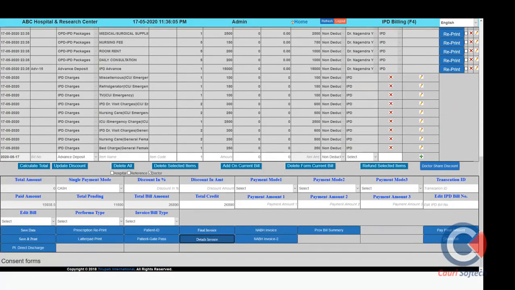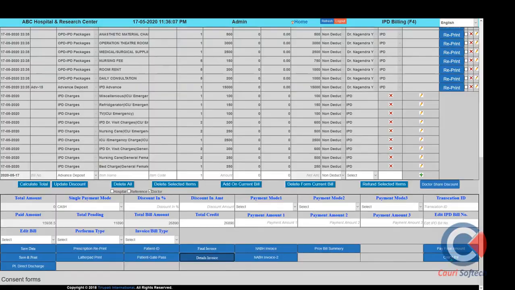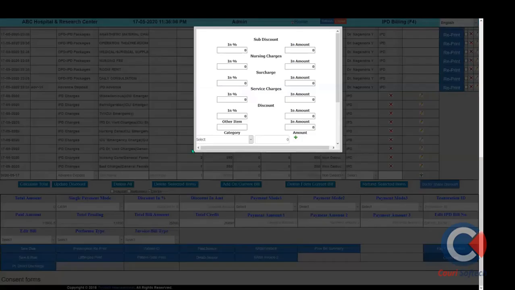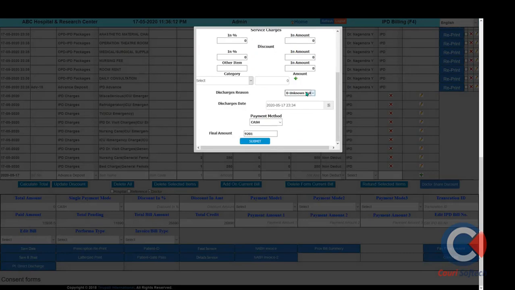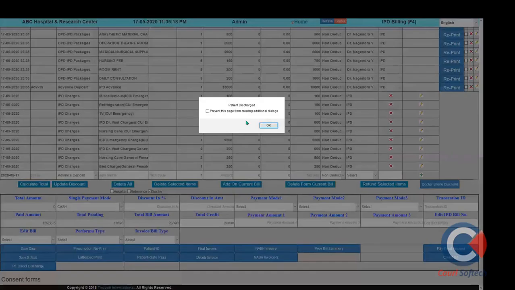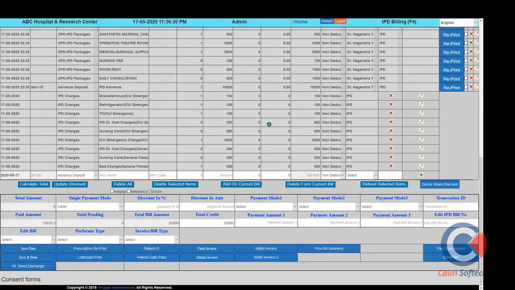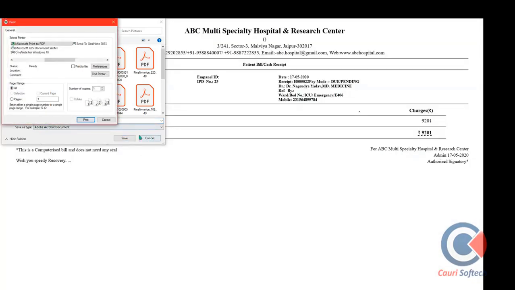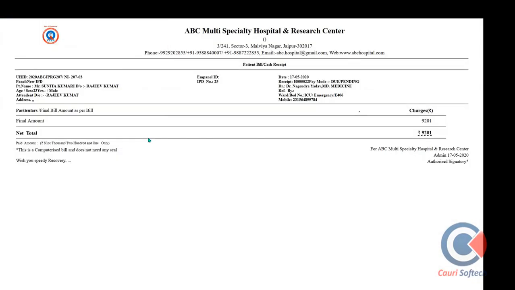After the patient wants to pay the complete bill, we can create a credit bill. On the credit bill, we have an option: the outstanding amount will be shown in the system, and there we finally apply the discount and service charges to the patient. And we can select the mode of discharge and reason. You can select the mode of payment, and this way we can give the discharge final bill and cash receipt for the same patient which we have generated recently. So this one is the receipt for the detail bill for the patient and the cash receipt along with the bill.